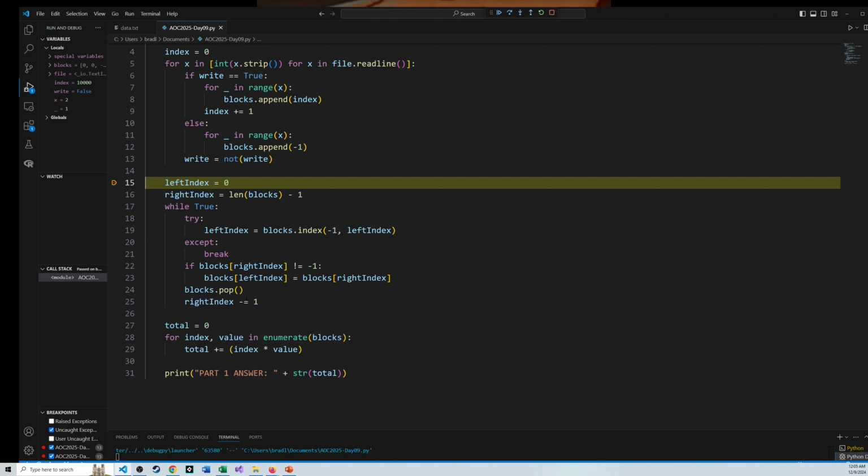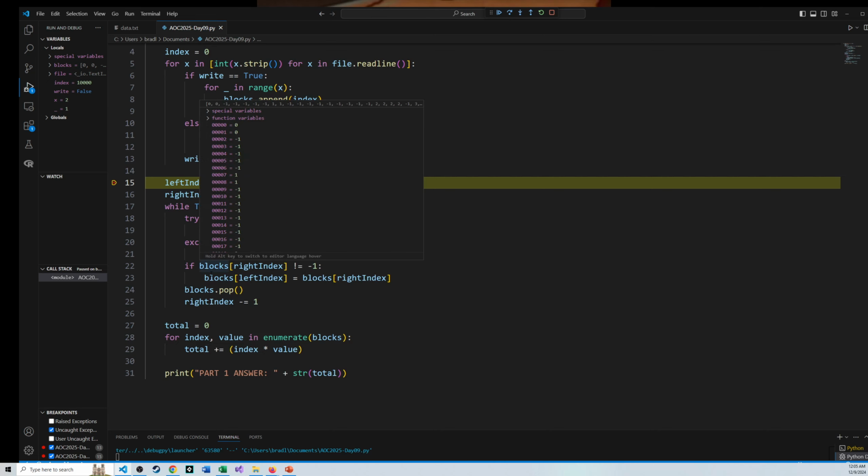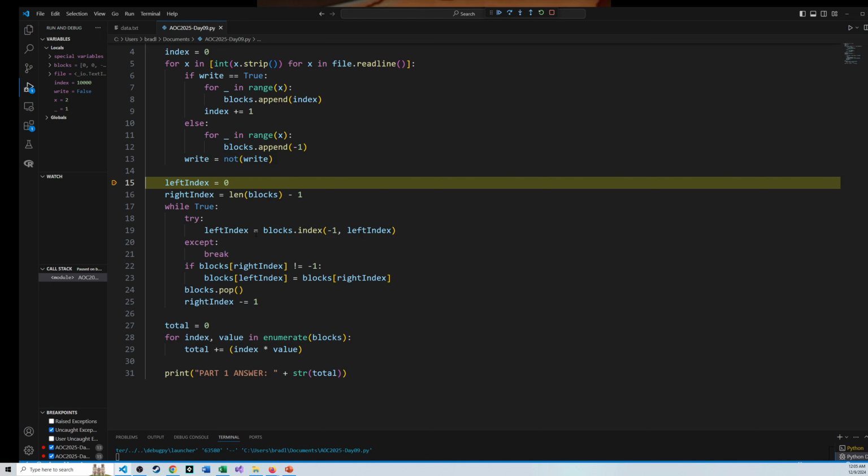Because we work our way from the back, if the right index is a -1, we'll just pop it off. But if it's any other number, that number should go somewhere closer, because there is a -1 somewhere in there, and we know its index. We should put the number at the earliest free space right now, then pop the number off and try again. So the whole key here is that we keep popping off the last element one by one